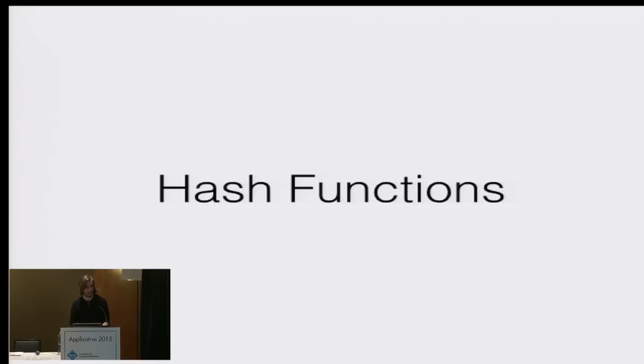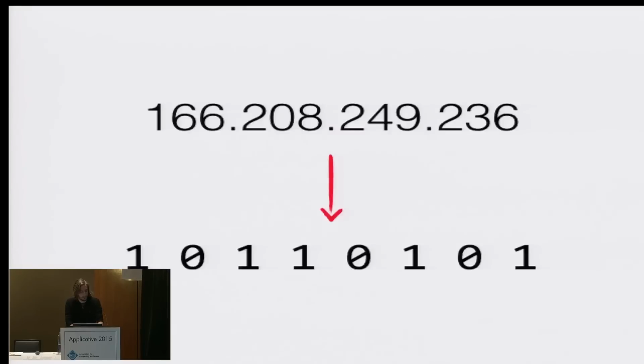Now, the last example was Bloom filters, which of course also use hash functions, right? So let's look back at our example. That was one of the IP addresses that was listed there. What can we do with this? Well, let's say we have an 8-bit hash function, which we can feed this IP address to. So what we know about this number is that ideally it is entirely evenly distributed in the space of 8-bit numbers. Another way to say that is that the probability of any individual bit being set is 0.5, or 50%.